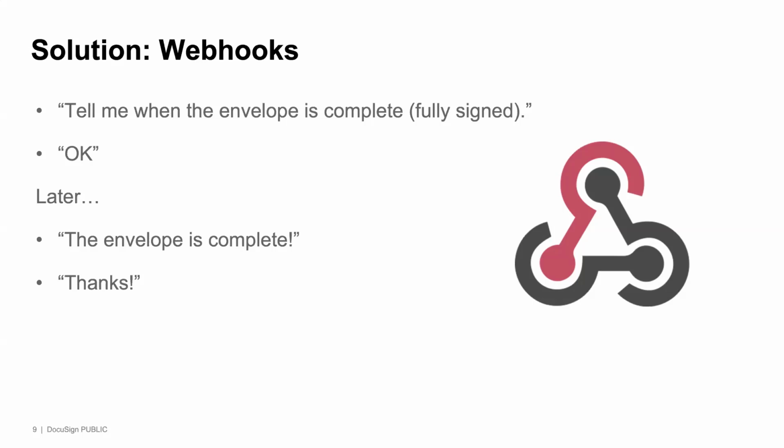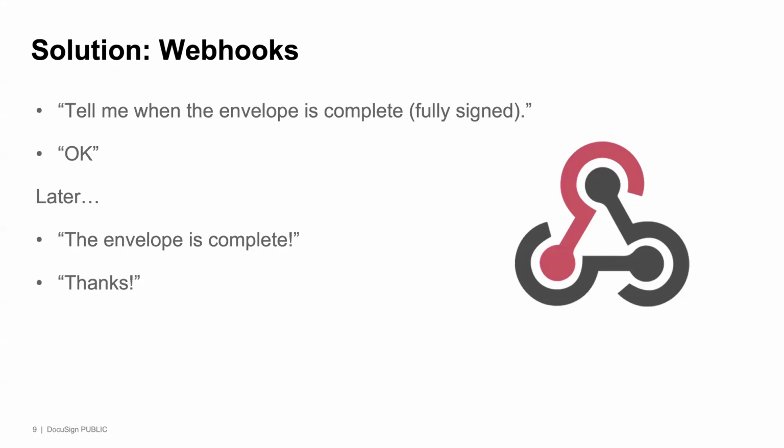And you're saying to DocuSign, please tell me whenever the envelope becomes complete, which for DocuSign, if an envelope reaches the complete status, means that it's fully signed, copies have been sent to everyone who is set up to get a copy, and so forth. And of course, we then acknowledge that. Then later on, DocuSign tells you, hey, the envelope is complete, and you acknowledge that you've received the notification, in this case by saying thank you, but of course I'll give more technical detail in a moment.